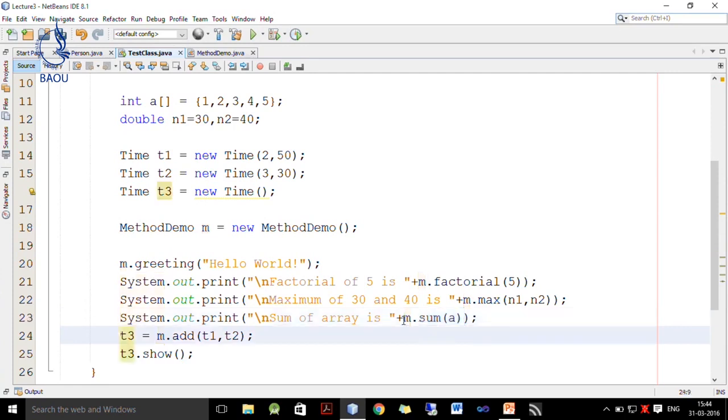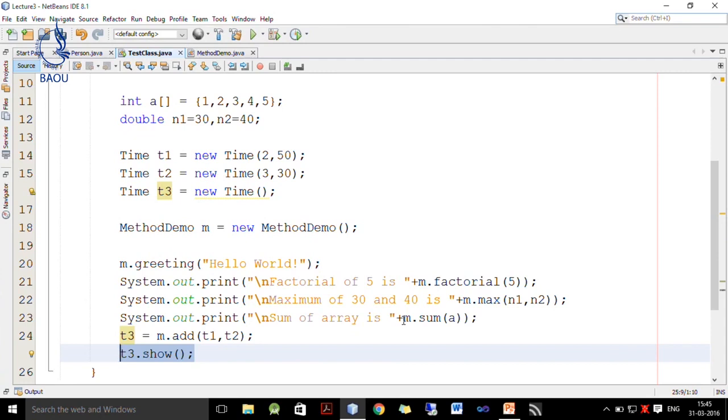The next is to call the add method. So, I write T3 is equal to m dot add, and what we want to add is T1 and T2. So, it will add T1 and T2, and whatever result we get is stored inside T3. And finally, to display T3, we call its show method, which displays time in hour colon minute format.